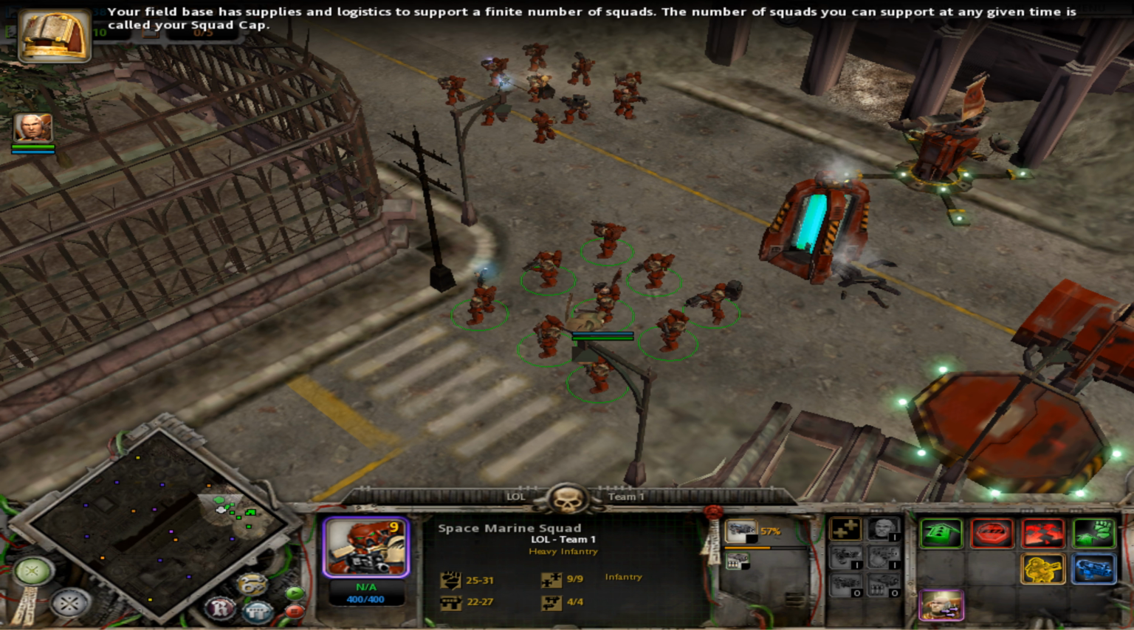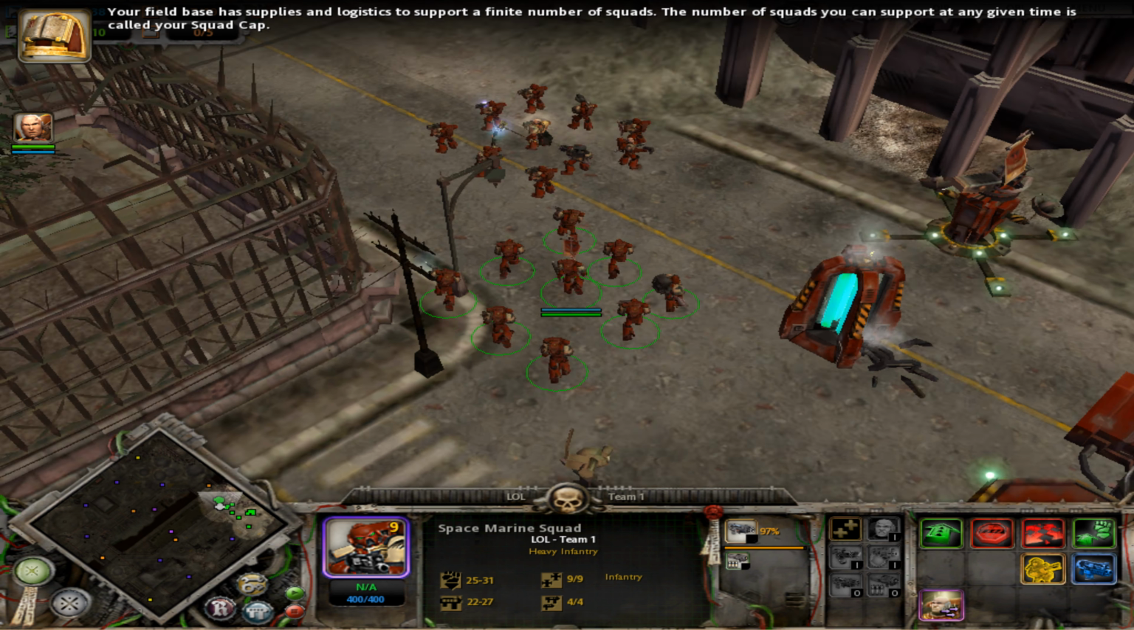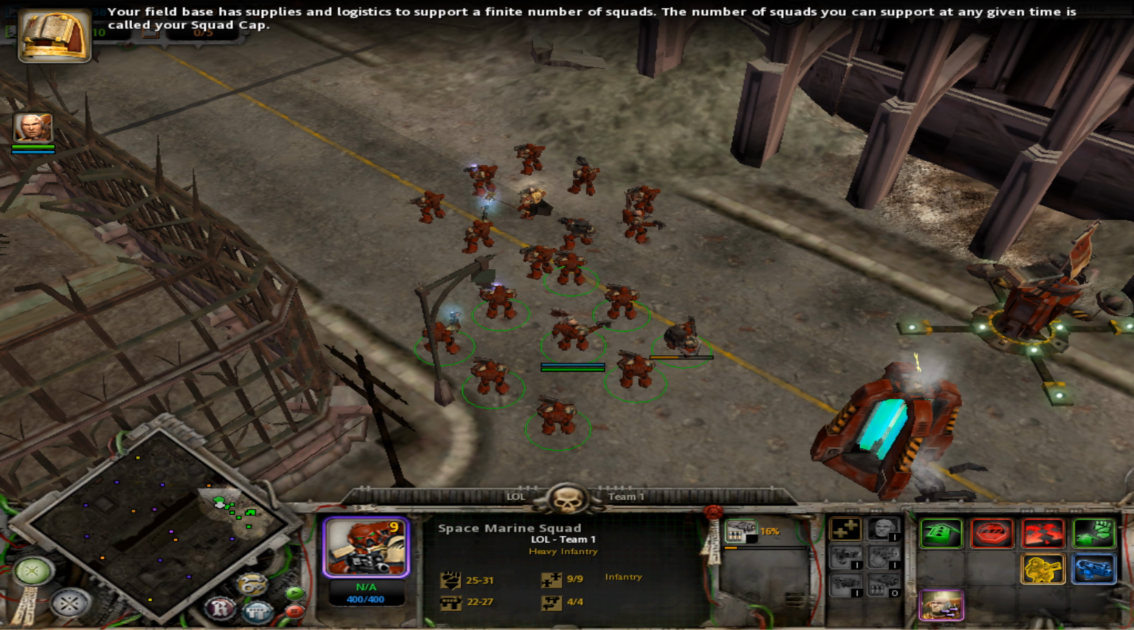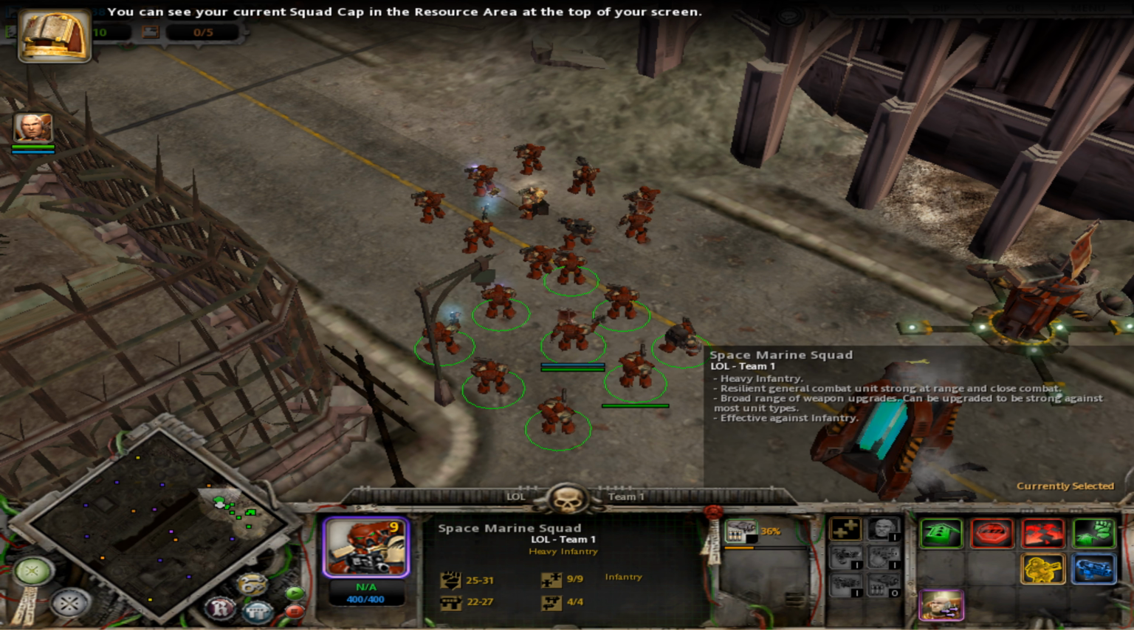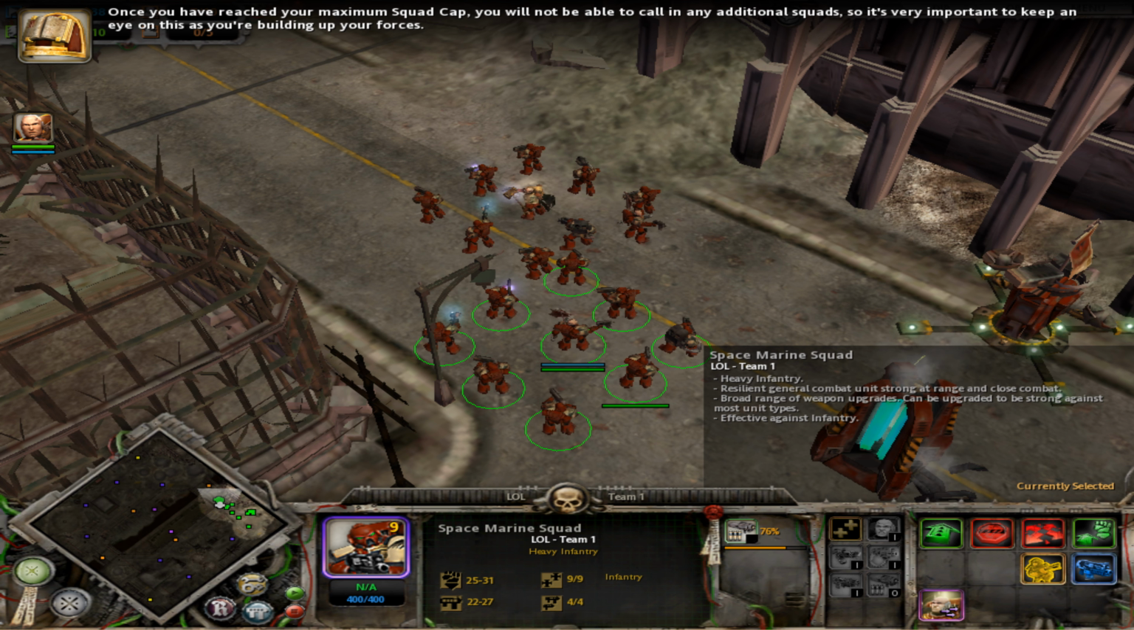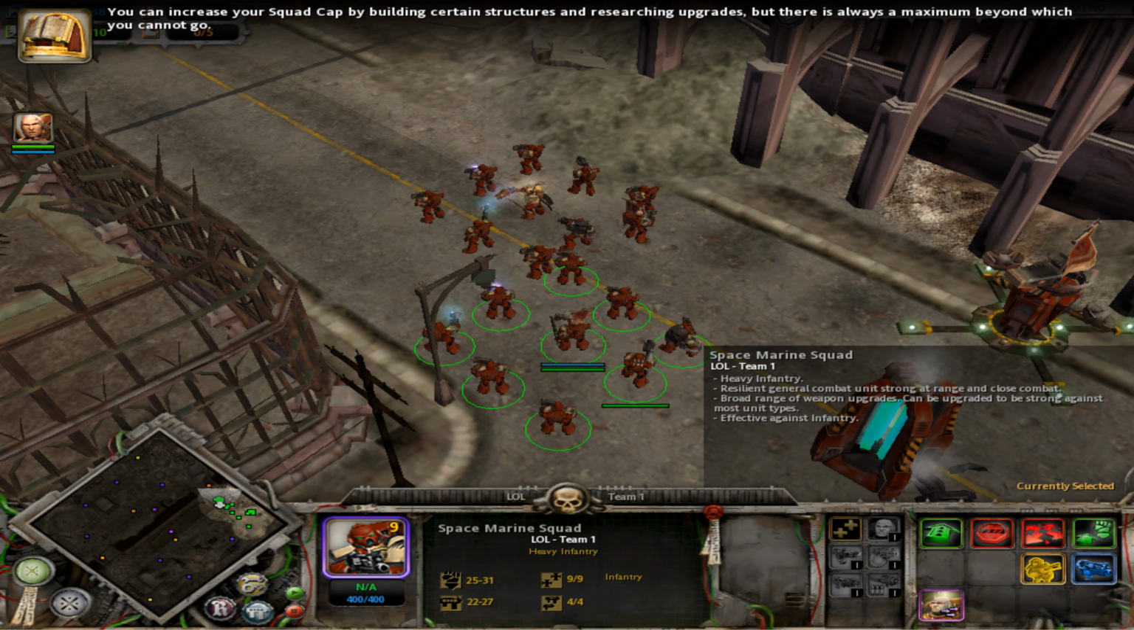Your field base has supplies and logistics to support a finite number of squads. The number of squads you can support at any given time is called your squad cap. You can see your current squad cap in the resource area at the top of your screen. Once you have reached your maximum squad cap, you will not be able to call in any additional squads, so it's very important to keep an eye on this as you're building up your forces. You can increase your squad cap by building certain structures and researching upgrades, but there is always a maximum beyond